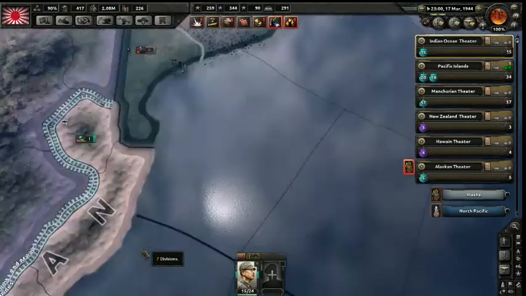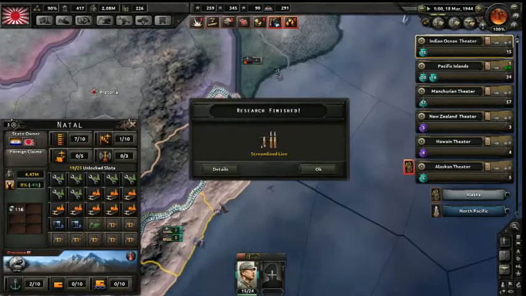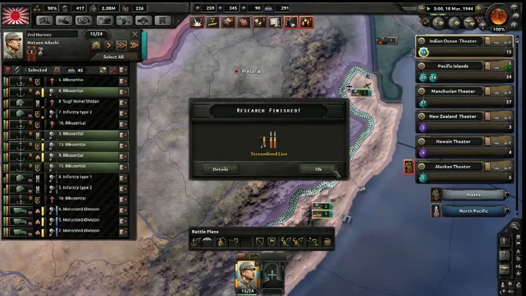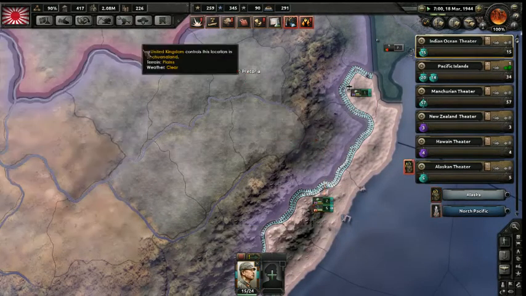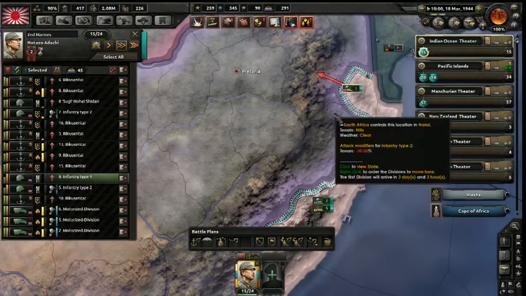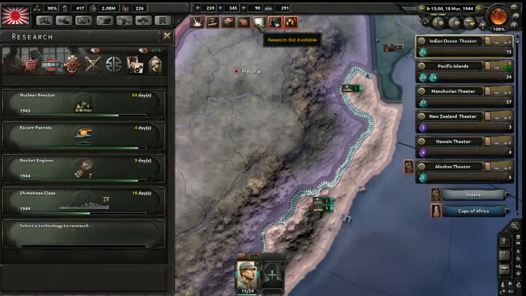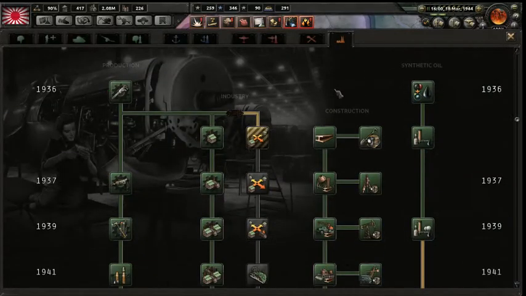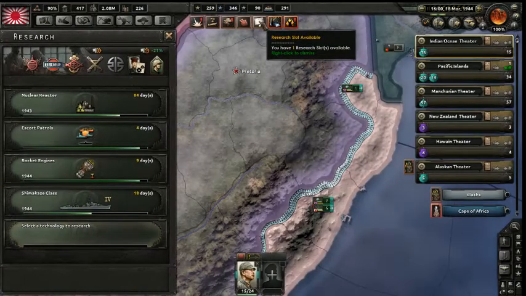Situation is improving. Alright, time for the drive on Pretoria. We took the airfield. I'm going to leave 2 Siamese divisions behind as my Marines drive for Pretoria. I don't think we're going to encounter any resistance, though. Let's see if there's anybody here. And if there isn't, then maybe we'll divert some troops south. In the meantime, research. Alright, so I did 2 naval research lines